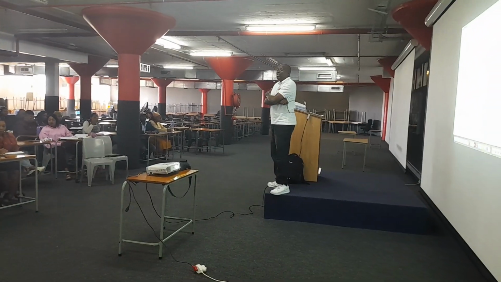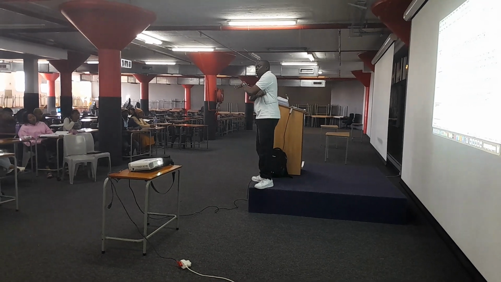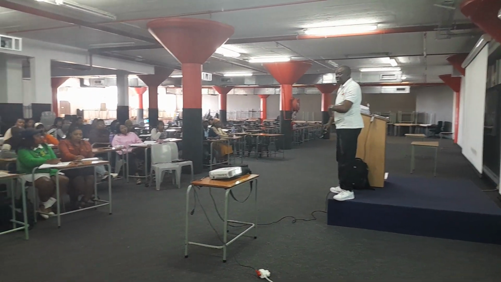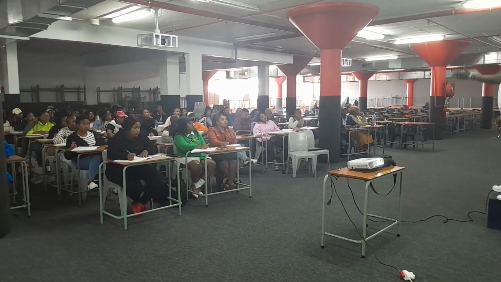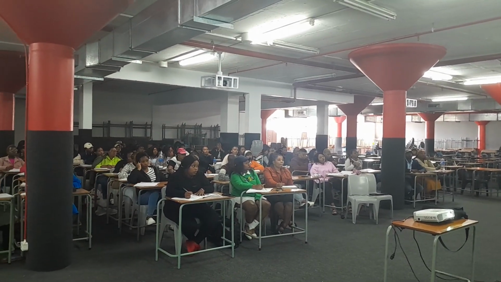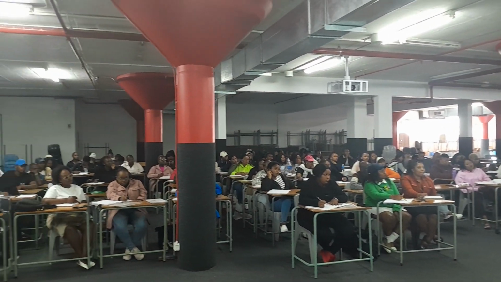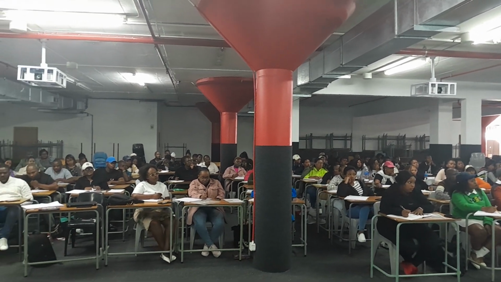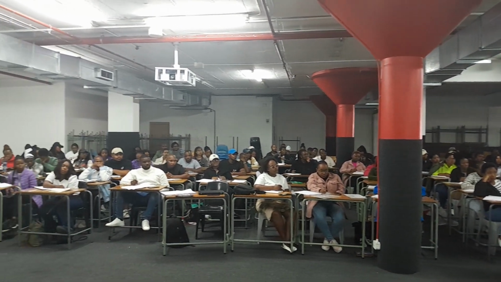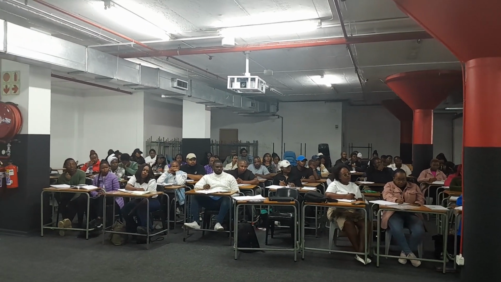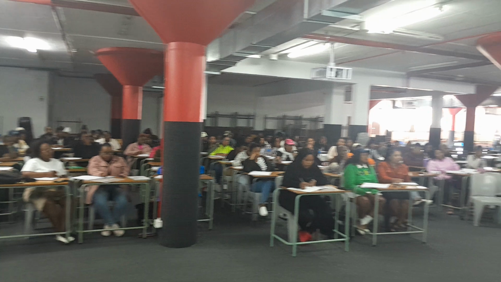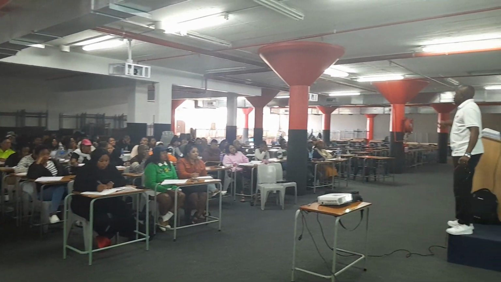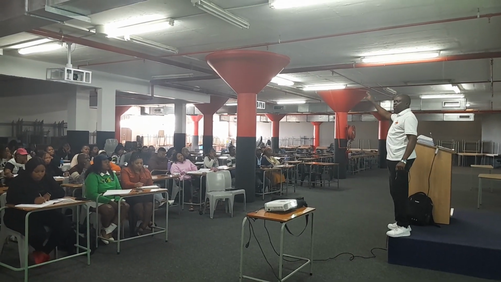You are 120 now. If I want to pick a topic to generalize, I will pick maybe 90 of you. I cannot pick 20. If 20 said yes, it doesn't mean everybody has said yes. No, it's too small. How to pick out of the population? You have a population of 120. I want to pick the one that can be representative, so that after my research, I can generalize that all year one students of honors are